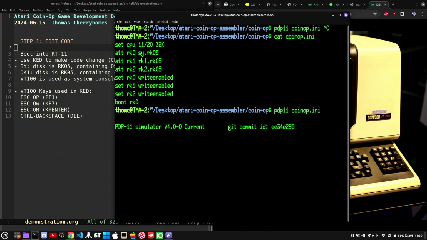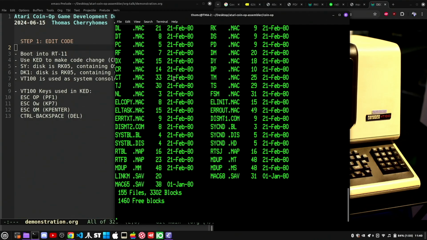One other thing that's different here is that I'm saving us the pain of running this at real speed. This is being run much faster than an actual PDP-11, and if we were to do the entire process of assembling and linking all of this together, we would be sitting here for 15 to 20 minutes doing absolutely nothing